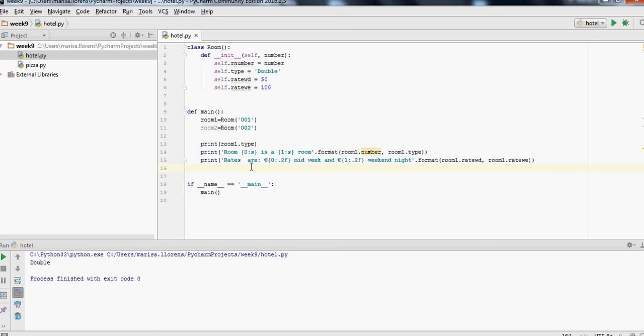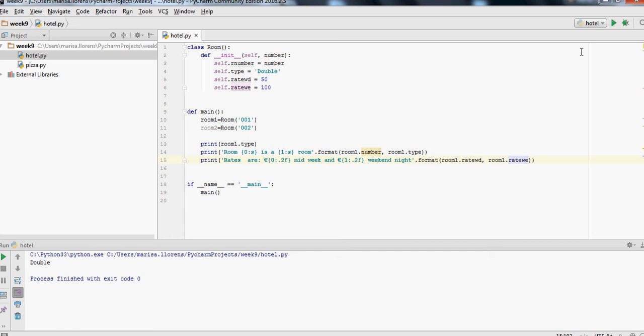So for example, if we say print room, our placeholder for the string for the room number is %s, and then the room type here, room. You see here what we're doing is reading the attributes, room1.number and room1.type, and again here we can read the two rates that we have for that room, and we use our placeholders for a float, in this case with 2 decimal places, and the second float. So the first one would take the rate for a weekday, and the second one the rate